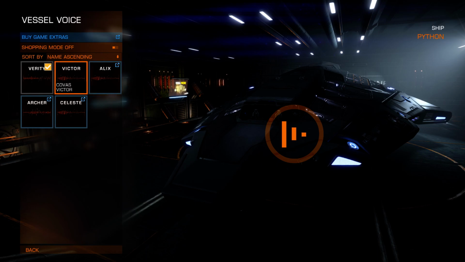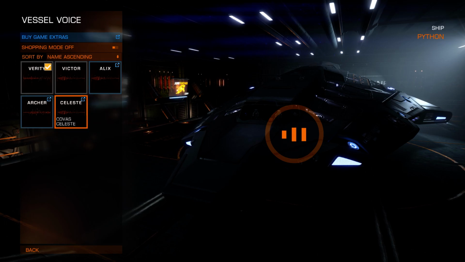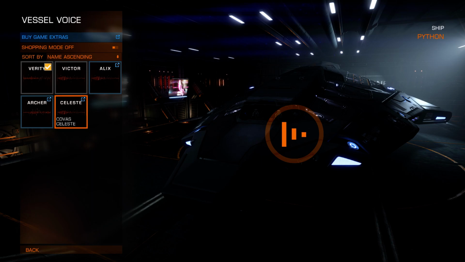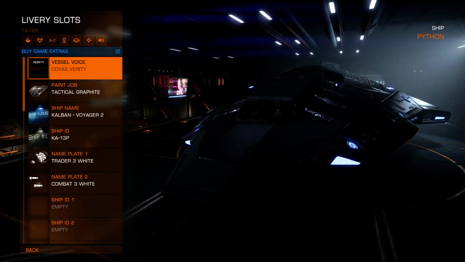Greetings, Commander. This is Victor. Greetings, Commander. This is Verity, your cockpit voice. Greetings, Commander. This is Archer, your... Greetings, Commander. This is Celeste, the cockpit voice assistant, also known as COVAS. Installed to provide systems information and...